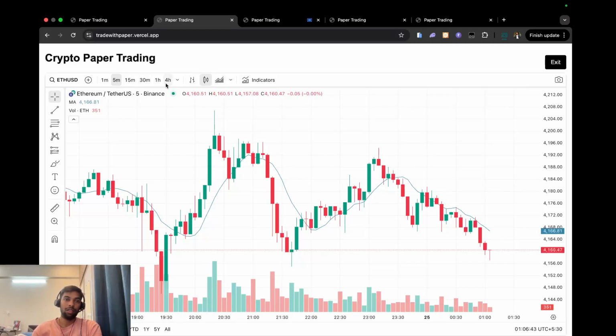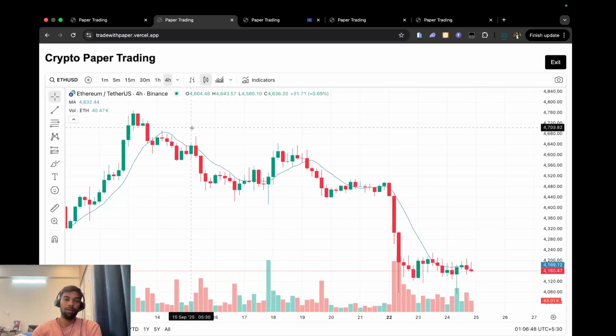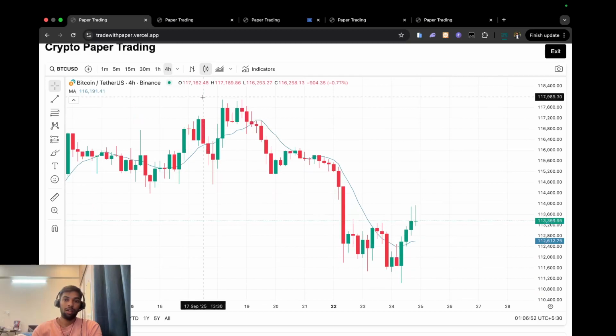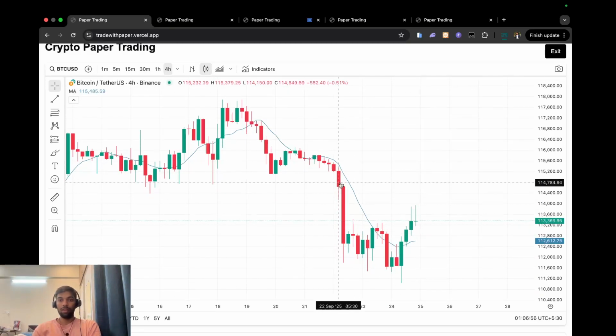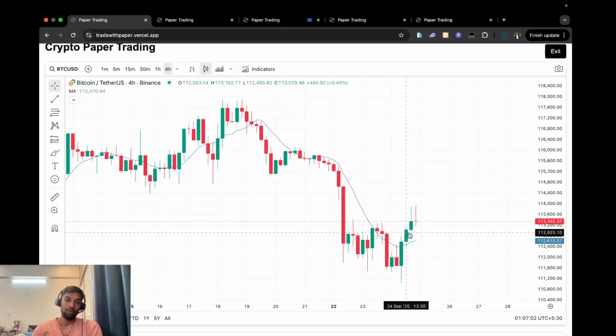So at Ethereum we can see that on the 4 hour chart Ethereum is consolidating, so there is no trade in Ethereum, and we can avoid it. In Bitcoin we can also avoid the trade, because even though this is a pullback, it is a strong pullback, so it might end up making higher highs.